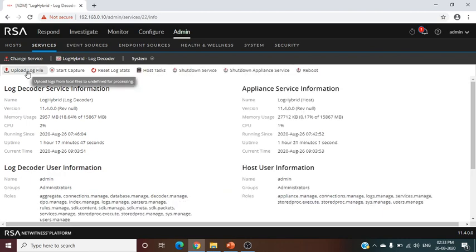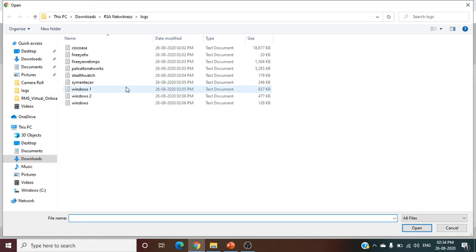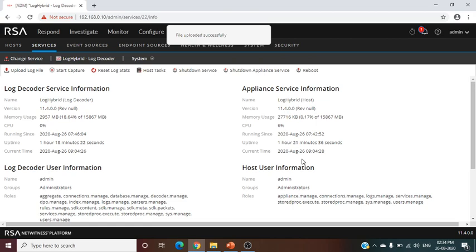Now we will go to the root of the file, track file name. I have multiple logs, Cisco ASA. So it is uploading the log file. Yeah, upload successful.